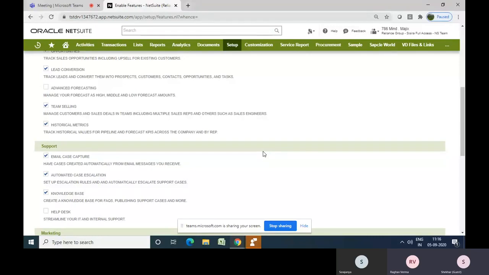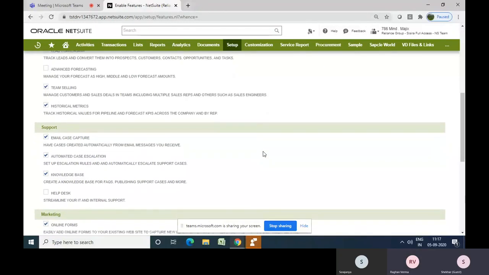Then we have team scaling, historical metrics, and automated email case capturing. So if I'm not happy with the product and want to register a case, I can raise a case and it will get registered automatically. Those kinds of things will be taken care of over here.